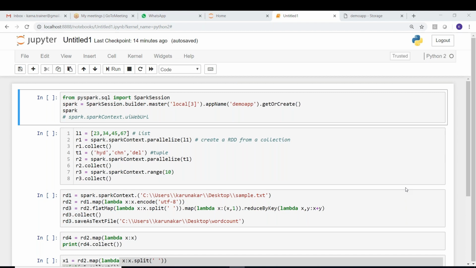I will show you the situations where the job fails even though everything is programmatically correct. Why? Because of non-availability or improper configuration of resources, since Spark runs on a cluster with huge amounts of data.